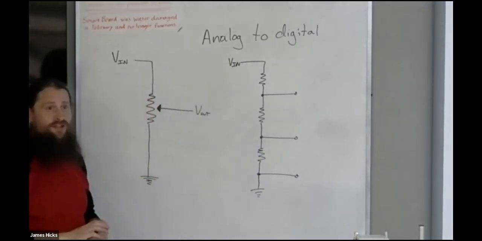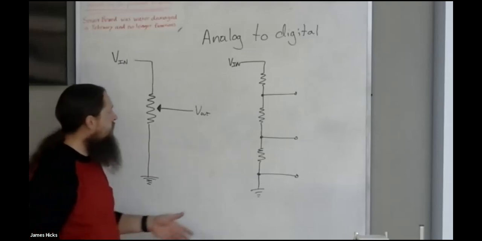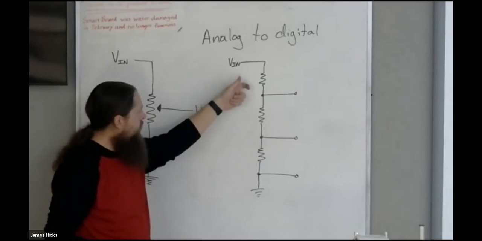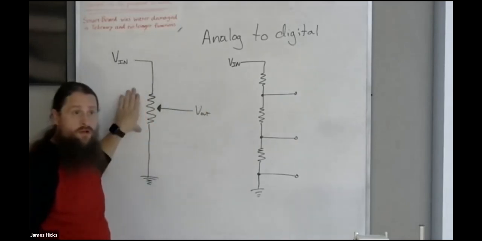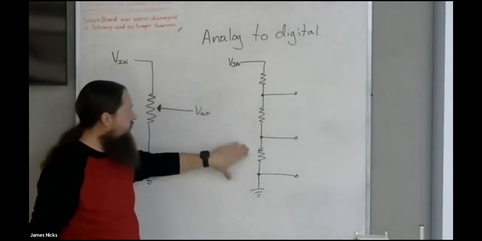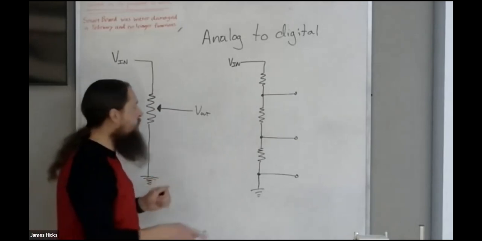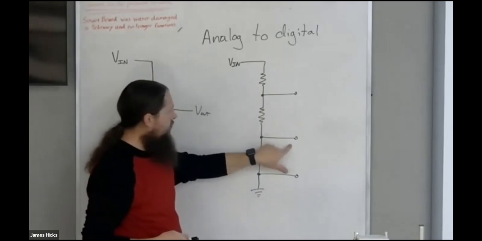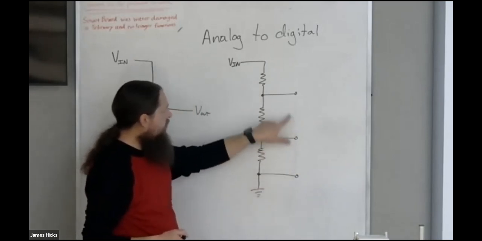I would essentially discretize it, taking this continuously variable voltage divider and making several fixed voltage dividers. So I can either take my output here, here, or here. So I get different